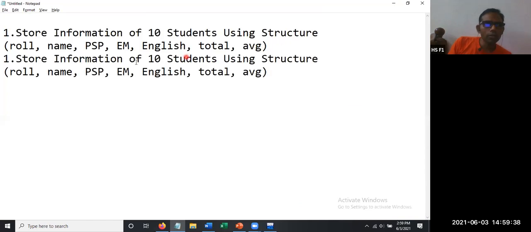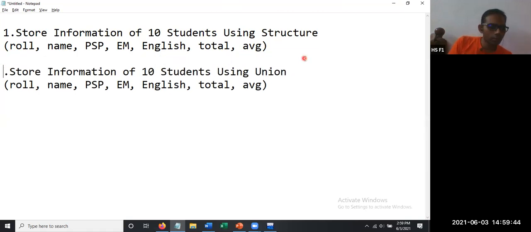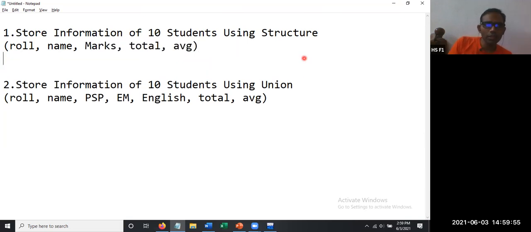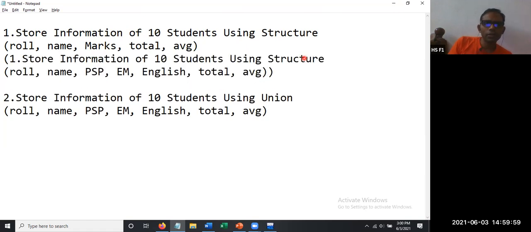Using union. So now here we'll have a roll number, name, and marks. This is one structure. The other structure will have these things. What is that?